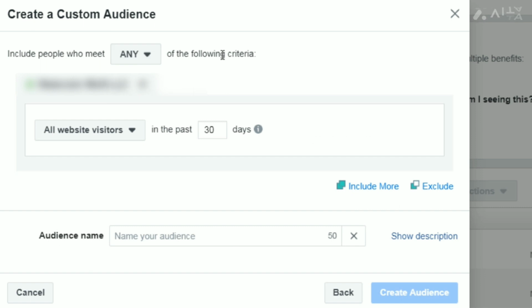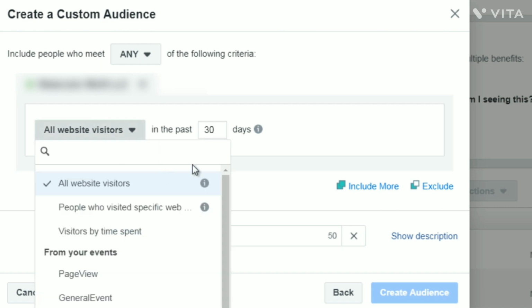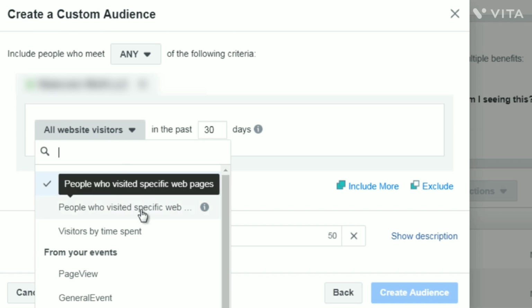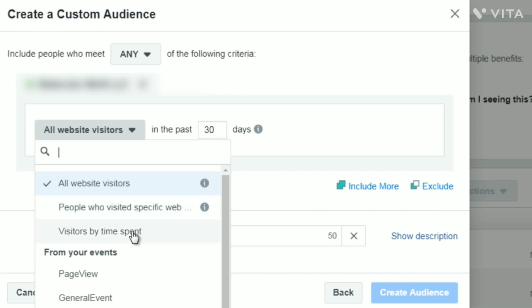So we could say anybody who visits the initial page, any page, or let's say, for example, the blog posts. If somebody visits the blog post or another blog post, let's say we have 3 different blog posts, then we can say anybody who visits any of these 3 blog posts, let's retarget them. Let's put them in a custom audience. So if it's any, you could say all website visitors in the last 30 days. So it's all website visitors or people who visited a specific web page, or they spend a certain amount of